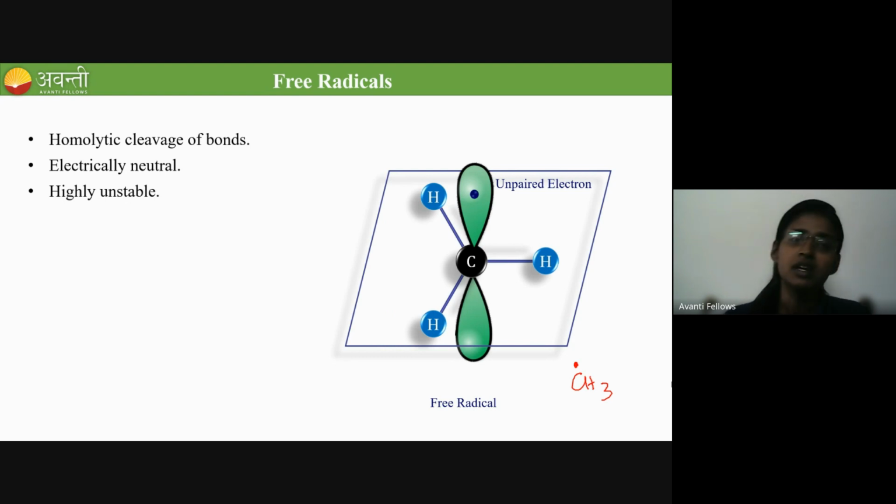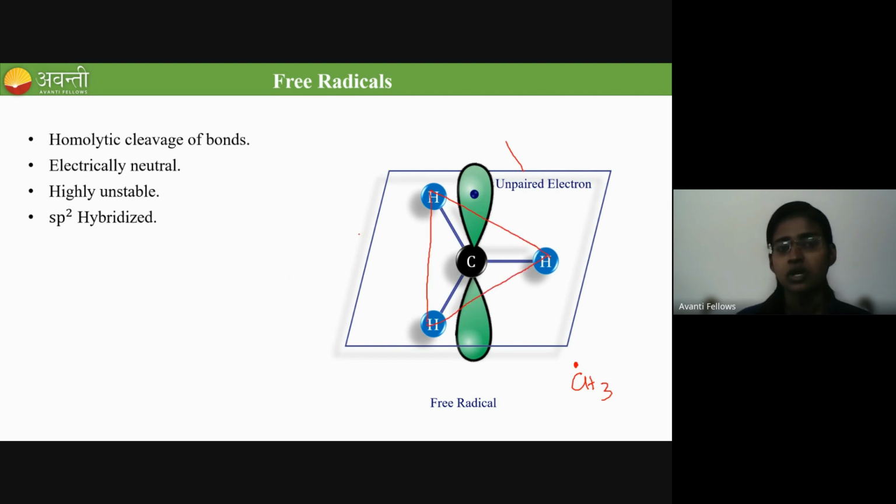So all the three intermediates are highly unstable, or I can say they are more reactive in nature. And if I want to talk about the hybridization of this radical carbon, it is sp2 hybridized. Sp2 hybridized systems have trigonal planar geometry, and that geometry is seen here. So you can see that geometry, CH3. All the sp2 hybridized systems will have trigonal planar geometry, and around this carbon, if you check,